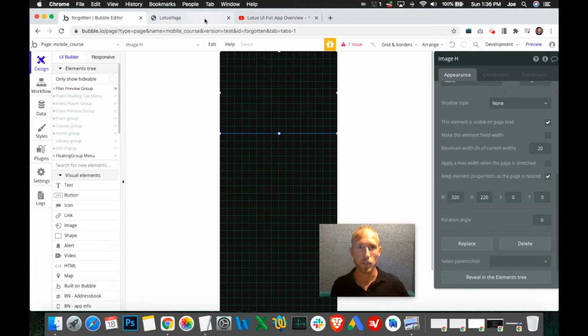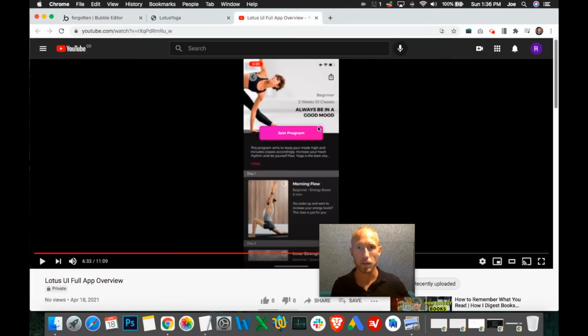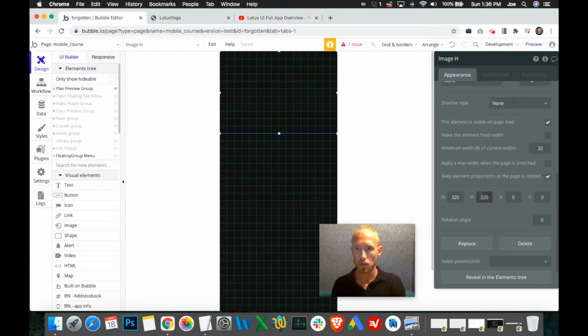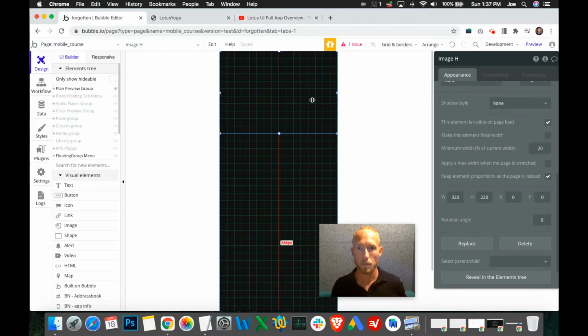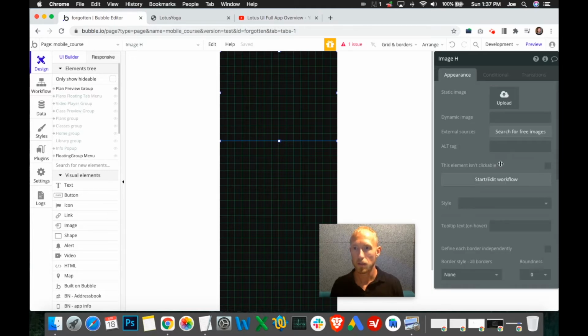Here I got a height of 220. How's that look? Yeah, it is more of a landscape orientation than portrait. It's not even square. So this 320, maybe I'll go to 250. I think it looks good at 220. And then what do we got? We got a button. All right, let's go 240. And then the image that we want